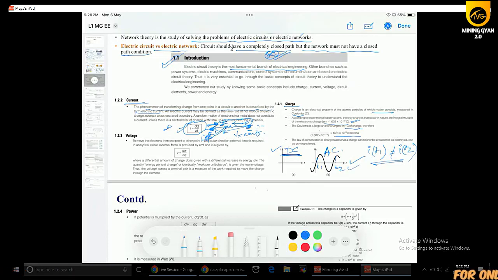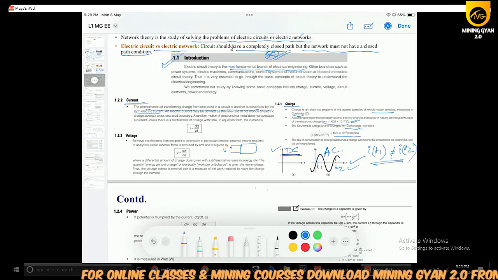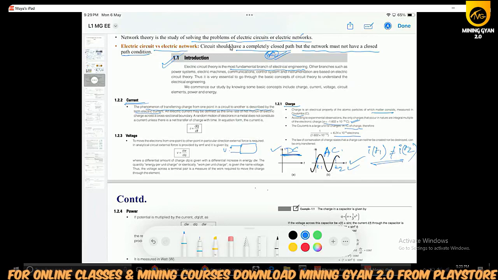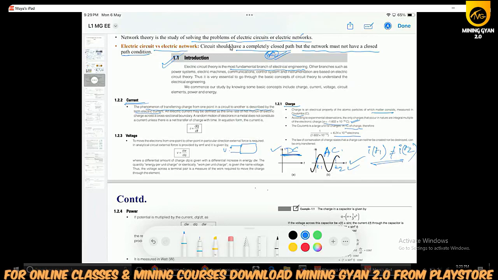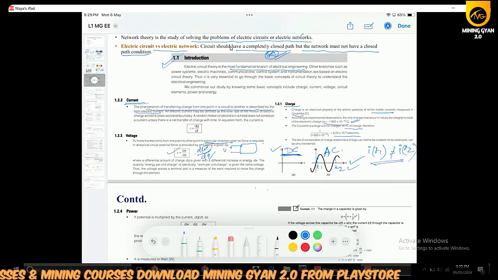Then what is voltage? You already know that we have to apply a source across any given circuit. If this is a circuit, then obviously we have to provide an external force so that there will be a flow of current or electrons. So to move the electrons from one point to another in a particular direction, remember this, an external force is required, and that's what we call voltage. That is the change of energy with respect to the charge from one point to another, so we can calculate voltage as dw by dq. q is the charge and w is the energy.